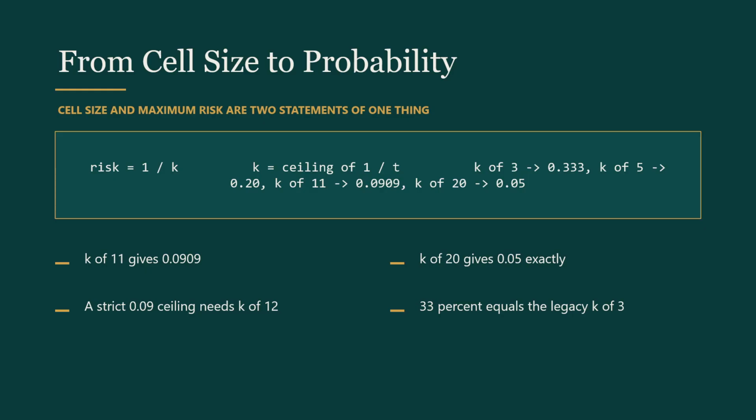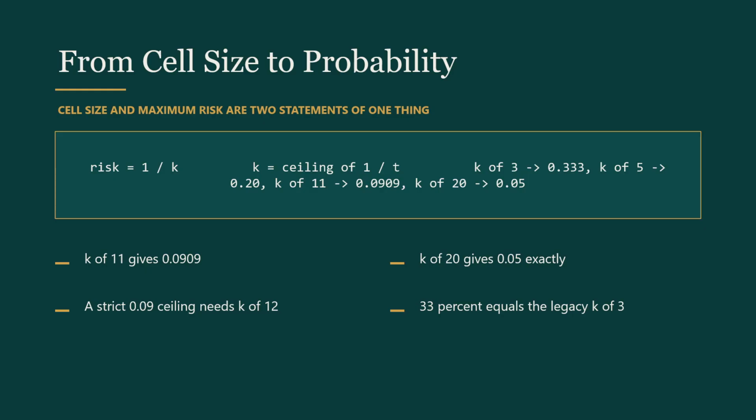A minimum class size of 3 gives a maximum prosecutor risk of 1 over 3, 0.333. A minimum of 5 gives 1 over 5, 0.20. A minimum of 11 gives 1 over 11, 0.0909. A minimum of 20 gives 1 over 20, 0.05 exactly. Going the other way, from a threshold to a cell size, is division and then rounding up, because